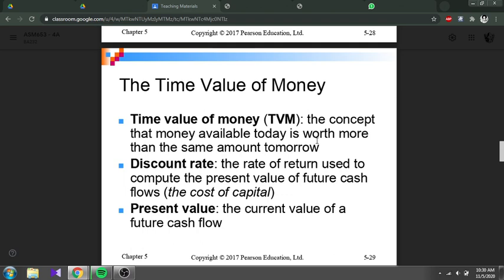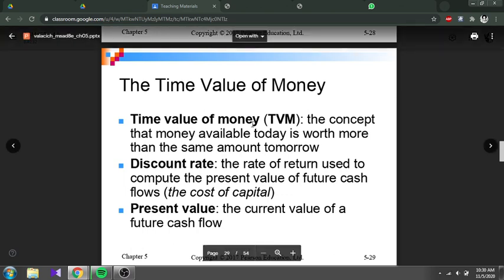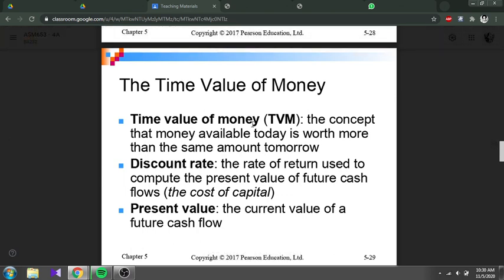Present value meaning that the same amount of money that we have, let's say in ringgit Malaysia. Okay, let's say we compare to the US dollar. So let's say 1 US dollar is equal to 4 ringgit 20 cent nowadays. Okay, that's a present value. But later on, the time value of money, maybe you wait